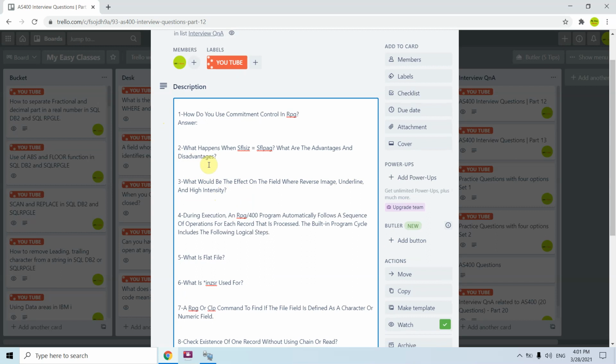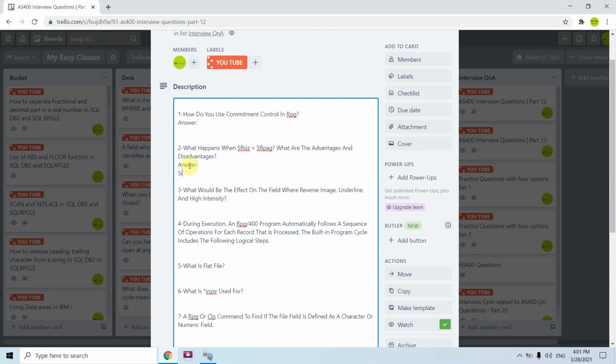Now, what happens when SFL size equals SFL page? That would be a single page subfile. What are the advantages and disadvantages?